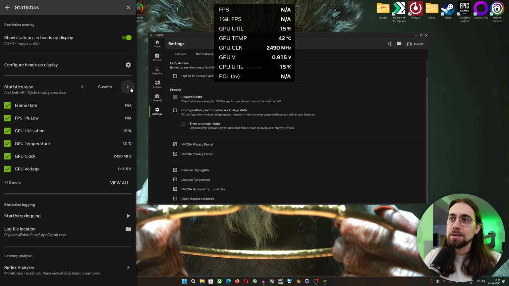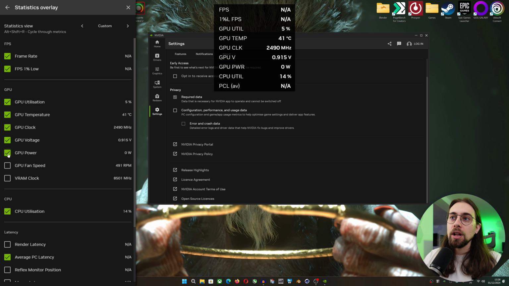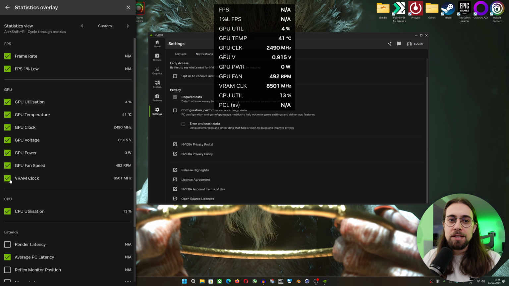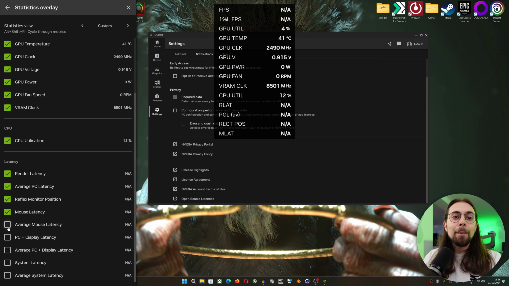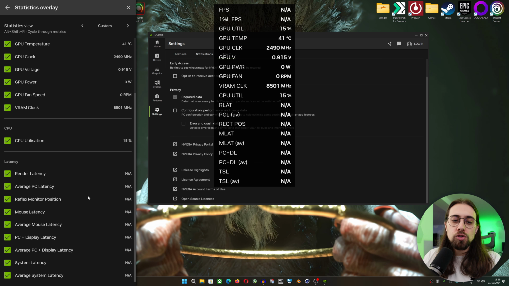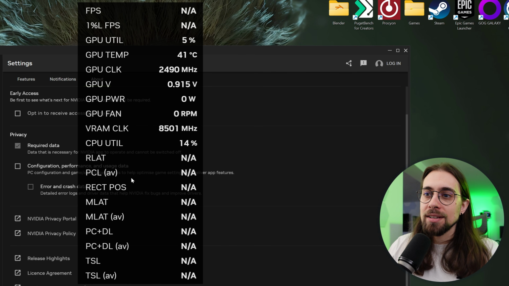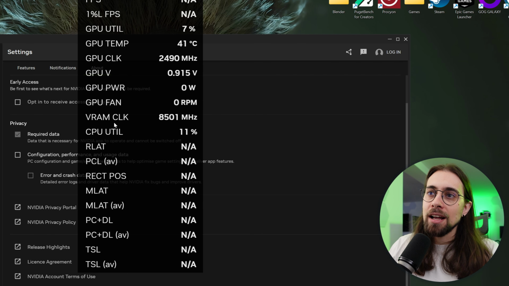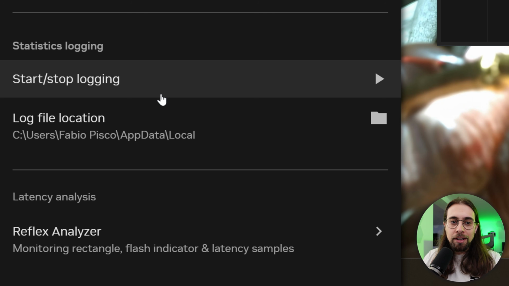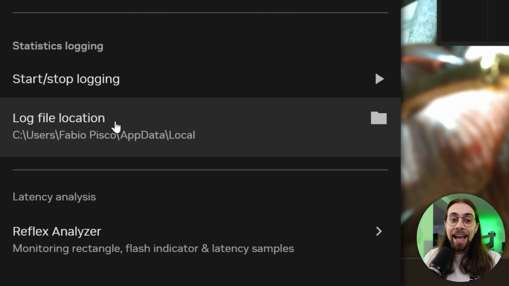You can just go here, for example, for the custom and select the ones that you want to use. You can view all, like GPU power, GPU fan speed, VRAM. If I want to use, for example, the render latency, reflex monitor position, mouse latency, PC plus display, I can select everything that I want to show here. A nice overlay with lots of features once again. MLAT, RLAT, TCL, and we can start logging by pressing here, of course, start or stop logging, and the log